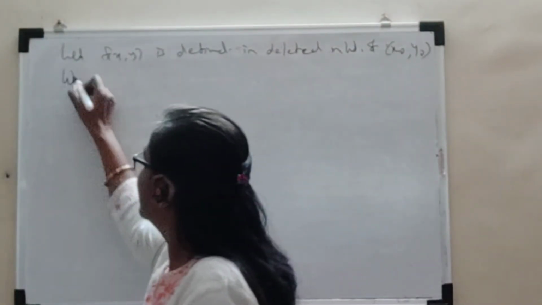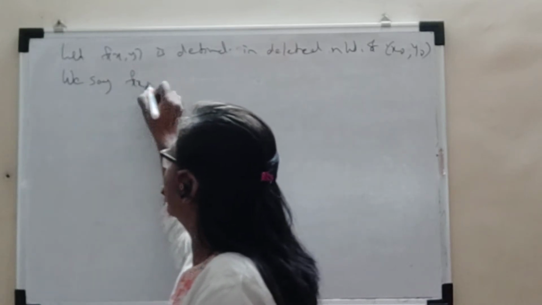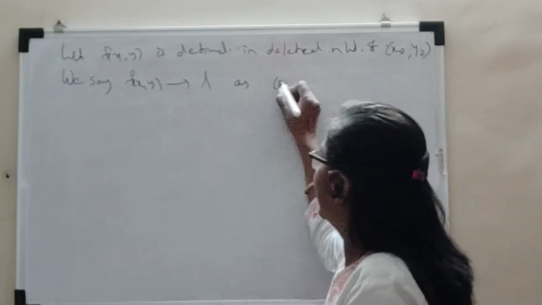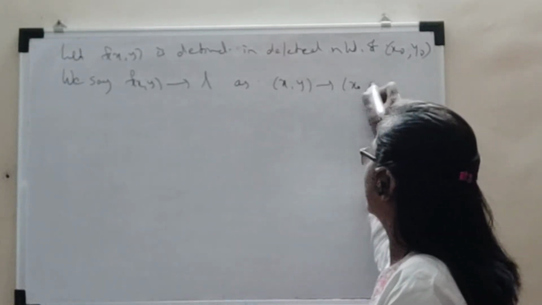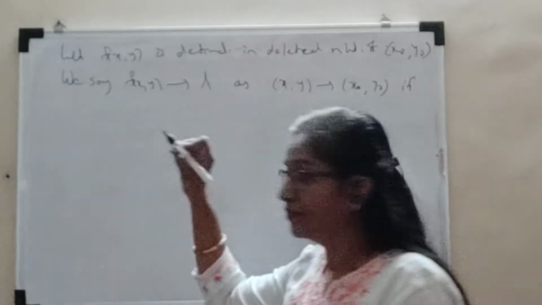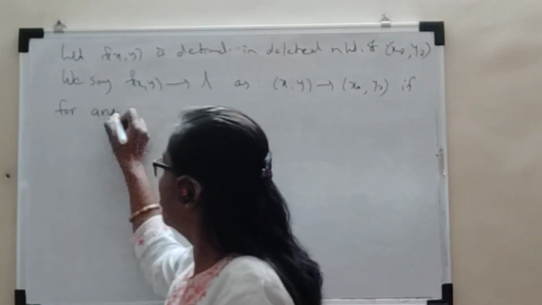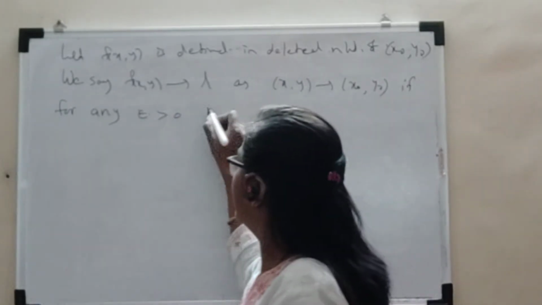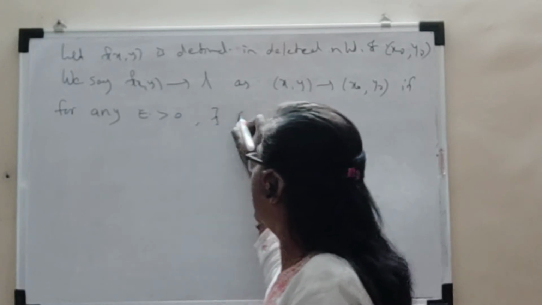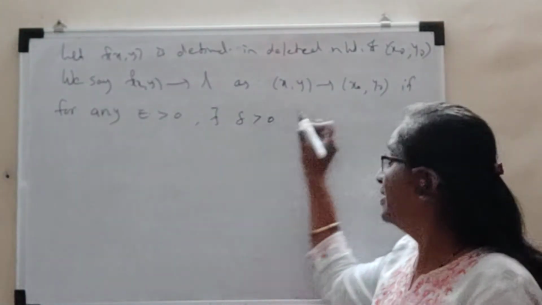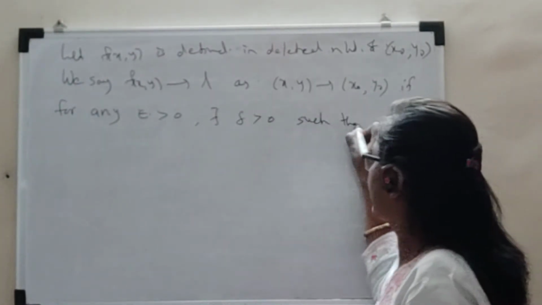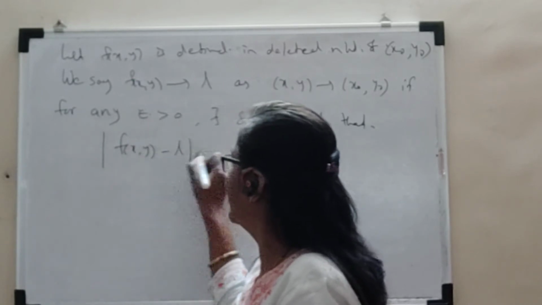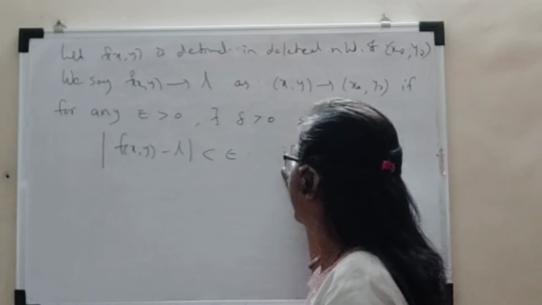Then we say that f of xy tends to L as xy tends to x0, y0, if for any given epsilon, which is a positive real number, there exists delta greater than 0 such that the difference between f of xy and L is less than epsilon